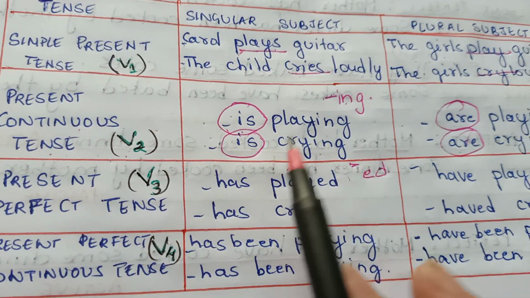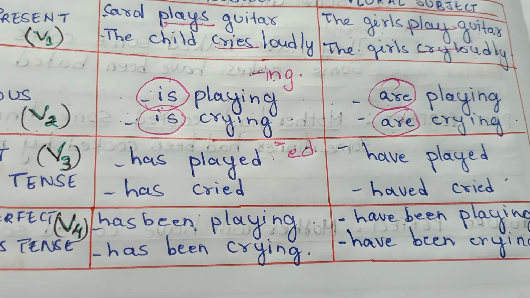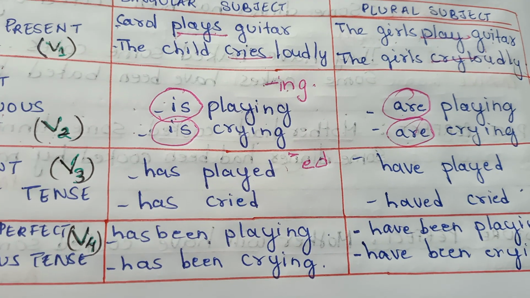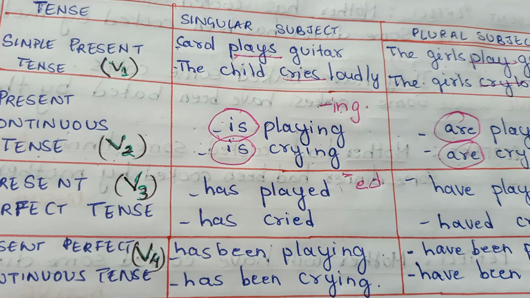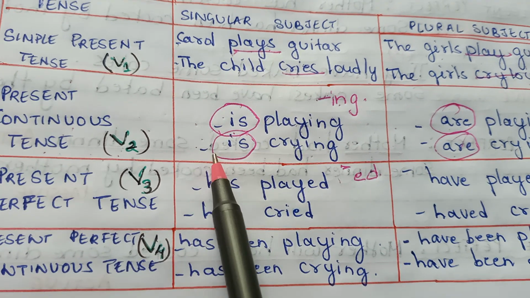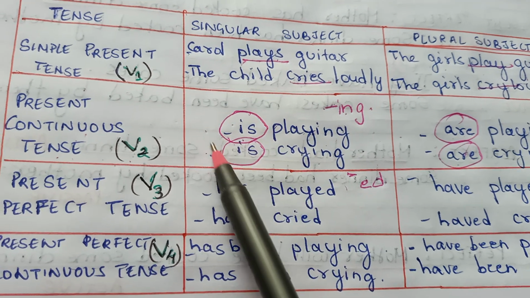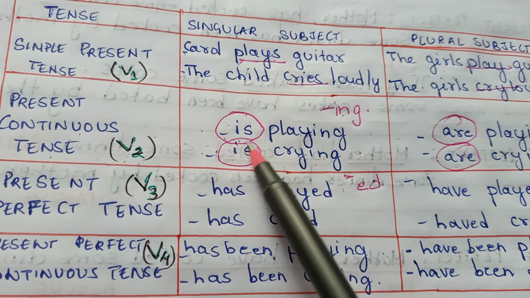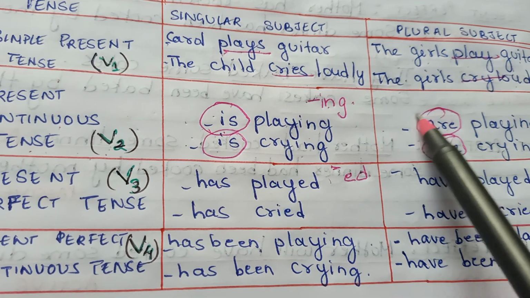Okay, so present continuous tense tells us that an action is being continued for a period of time in the present, so it becomes present continuous tense. And what tells us about the tense? The helping verb is and are. When our subject is singular, the helping verb is is used, and when our subject is plural, the helping verb